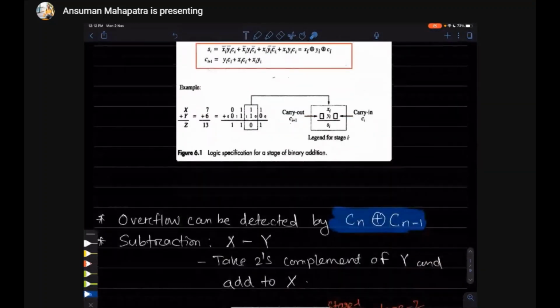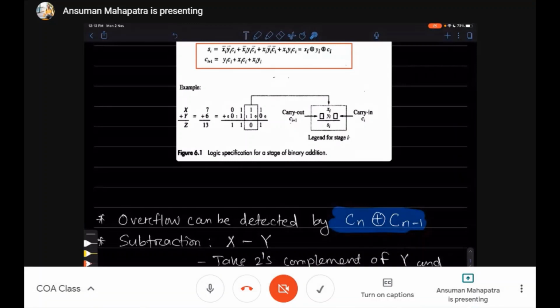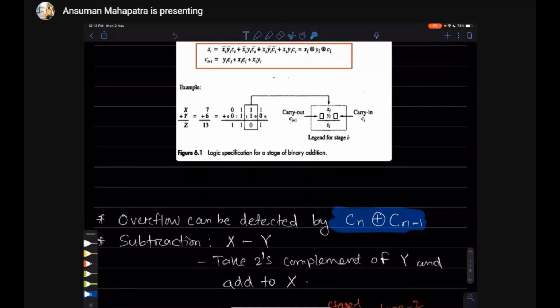Okay, then there is a concept called overflow. Okay, overflow. What is overflow? In the previous chapter we already know about that. In the first or second chapter, I think you already know what an overflow is. Who can tell? Anurag Kumar. Anurag Kumar.